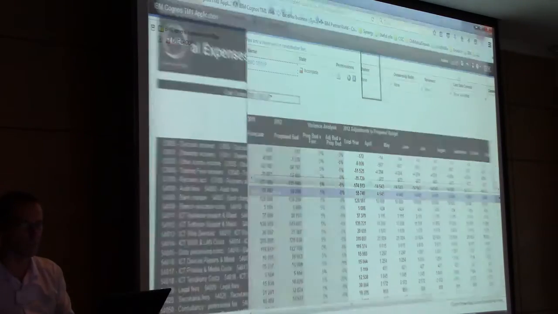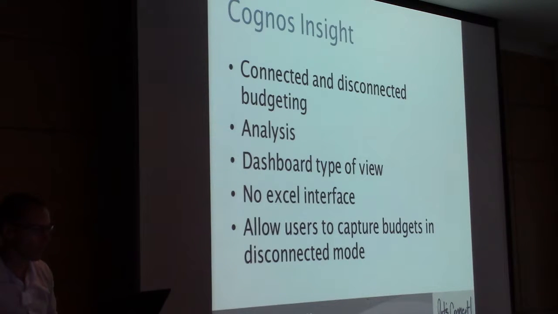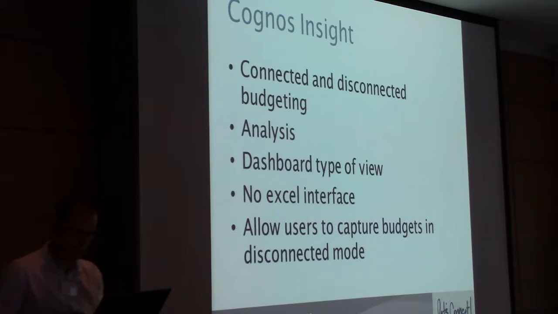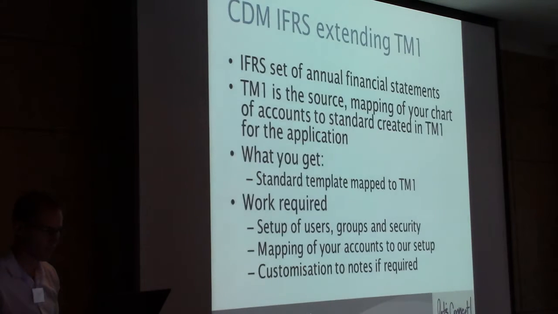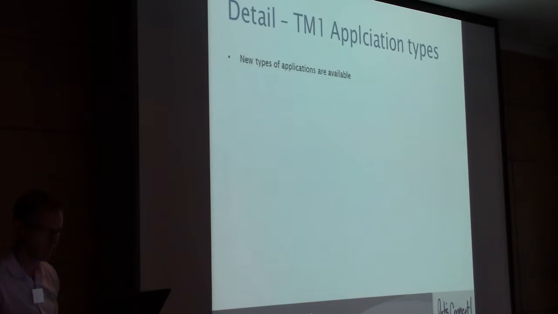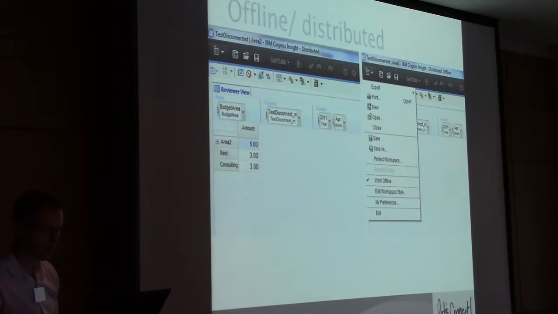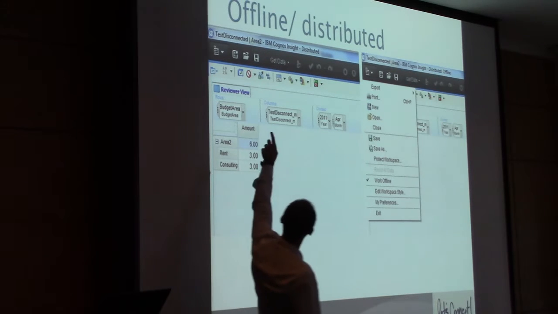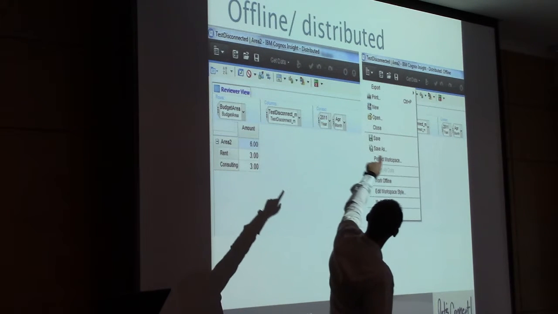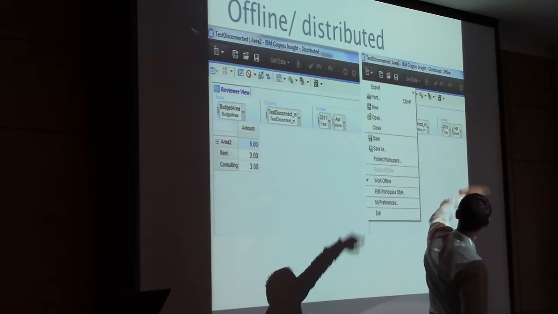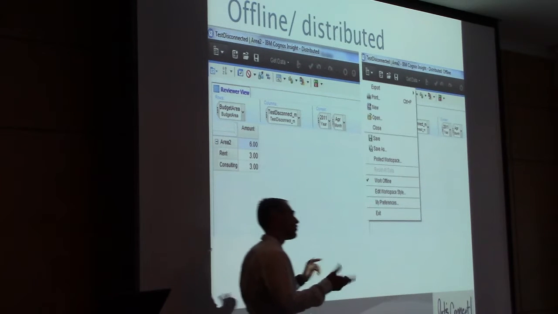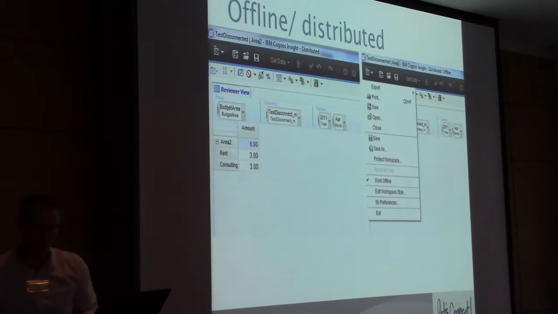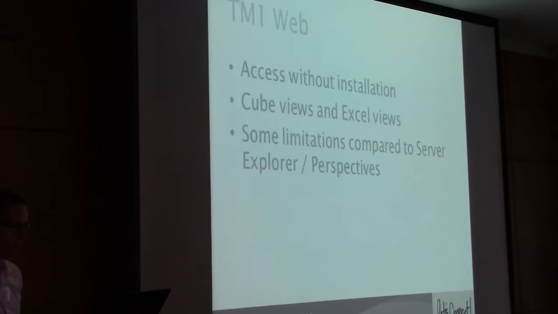Okay, so this connected and disconnected, I didn't actually show you that, but I'll just quickly hop to a screen share. Just hold on here. Okay, so you'll see over here, if you look at the top there, it says Cognos Insight Distributed, and at the top right, Cognos Insight Distributed Offline, and you're literally just checking this offline button to enable it. So it gives you that flexibility to take a piece of work offline. So let's just jump back.